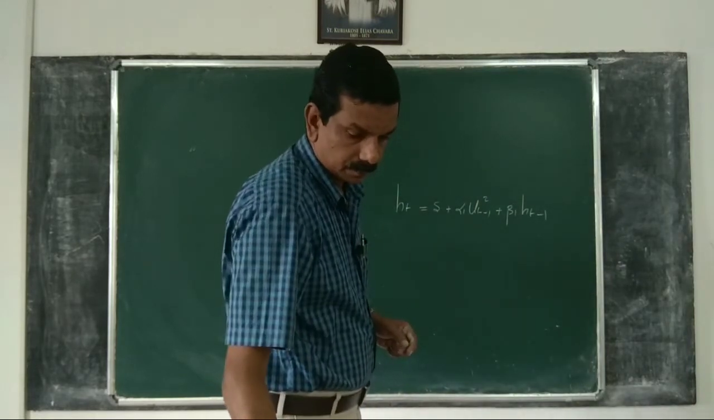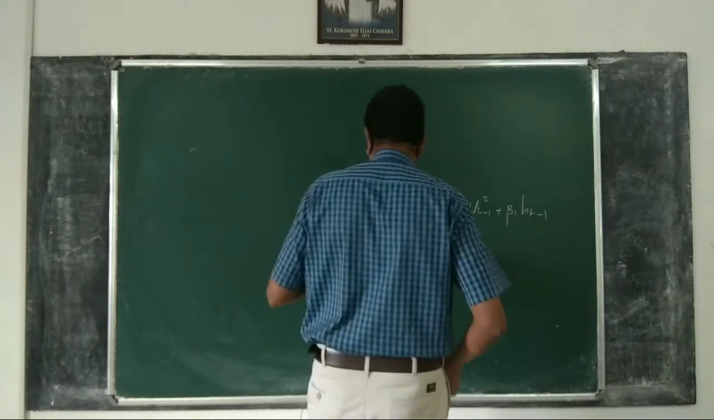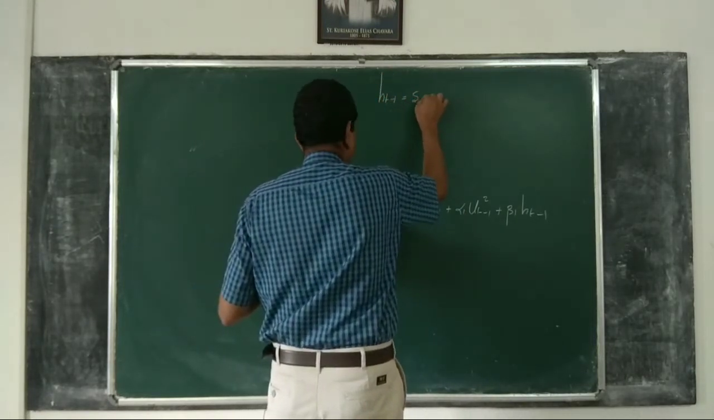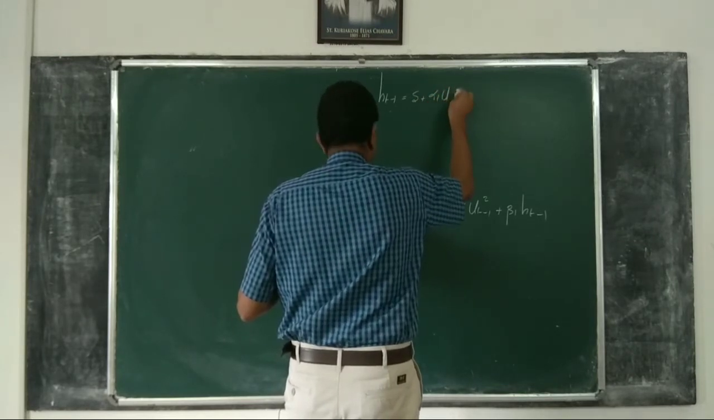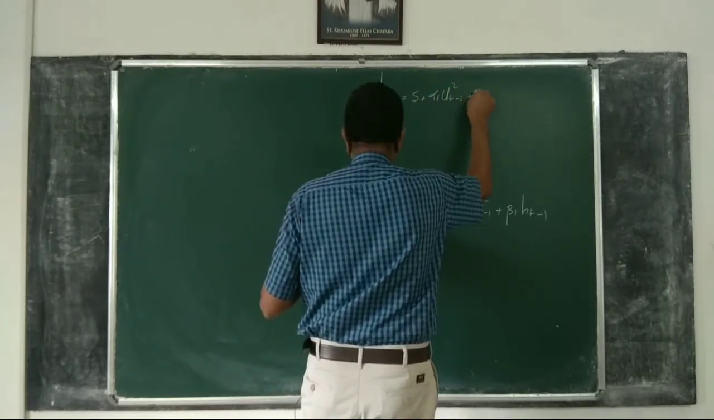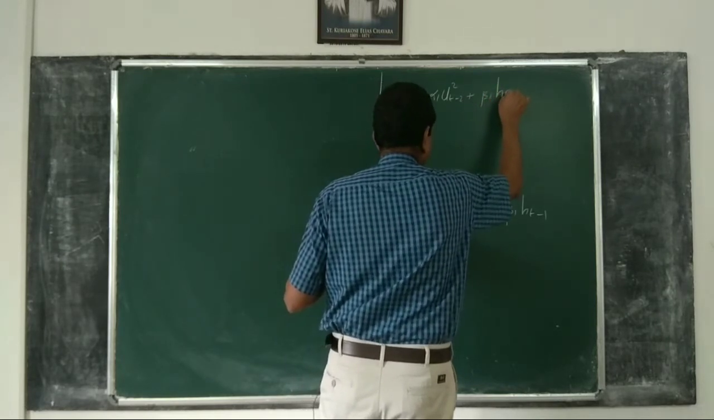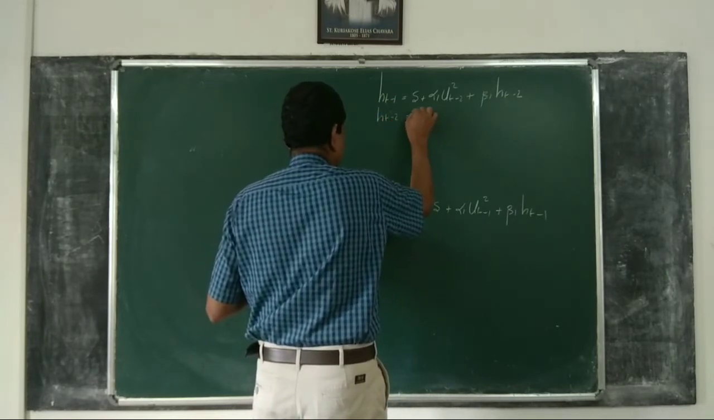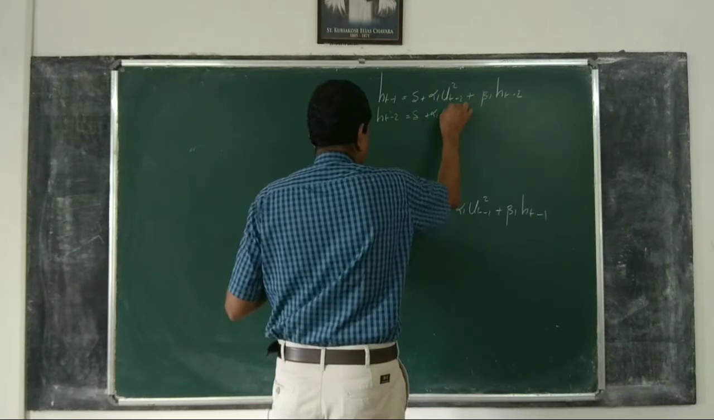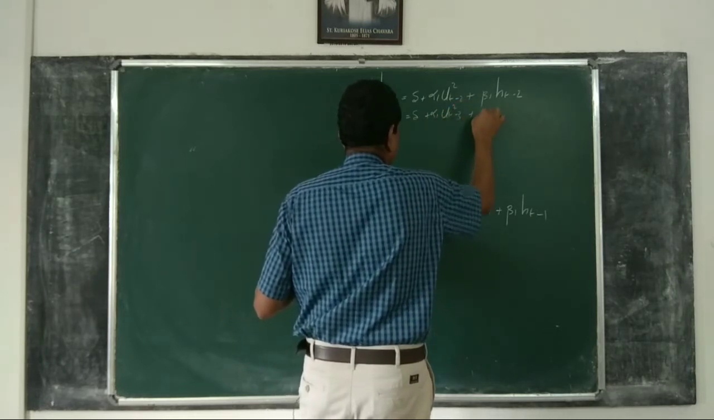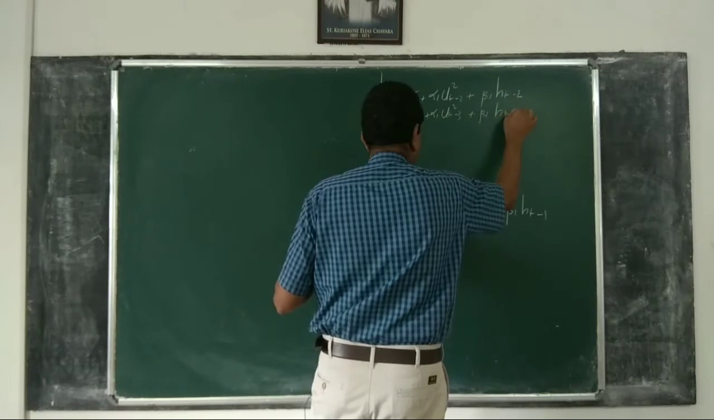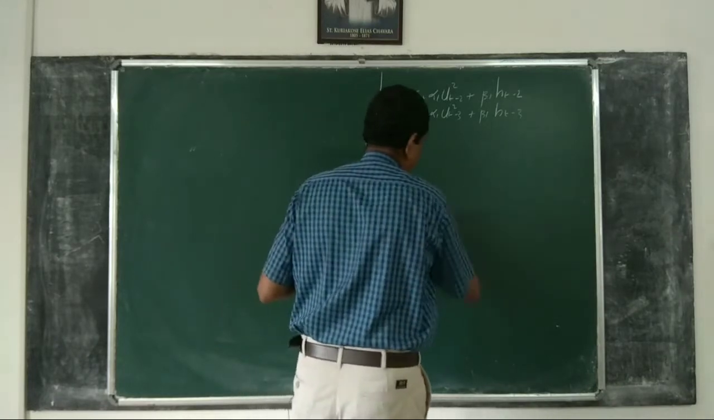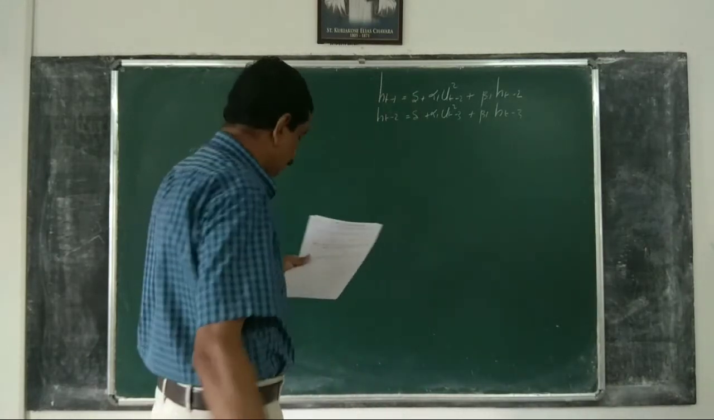Now, this is our h_t. So h_{t-1} is equal to delta plus alpha 1 u_{t-2} squared plus beta 1 h_{t-2}. And h_{t-2} is equal to delta plus alpha 1 u_{t-3} squared plus beta 1 h_{t-3}. It is a kind of substitution which we are doing. So, h_t